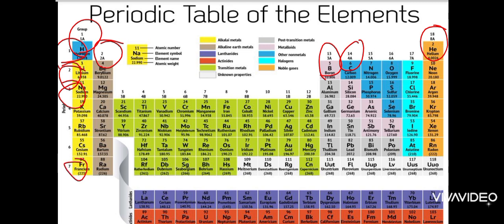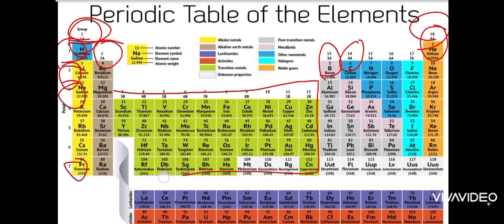In the modern periodic table, instead of group 1A, 2A, all the groups are numbered from 1 to 18, starting from left to right. So they are all numbered including the transition metals. These green metals that are present in the middle are known as transition metals, and these are numbered in B, starting from 1B, 2B, 3B up to 8.